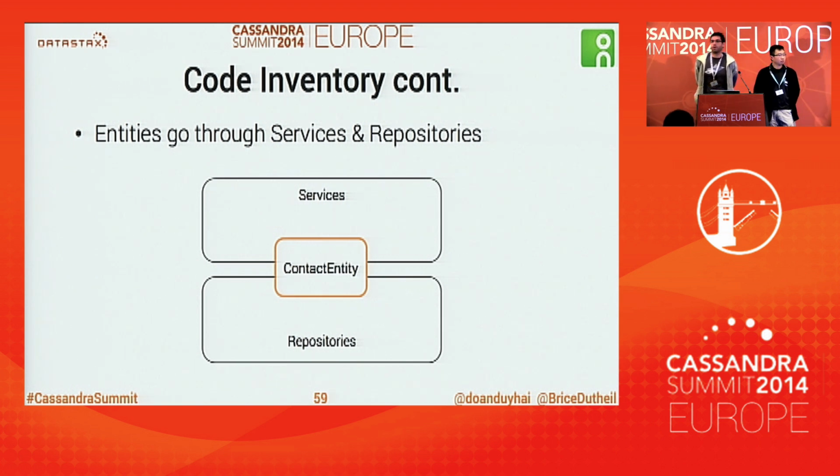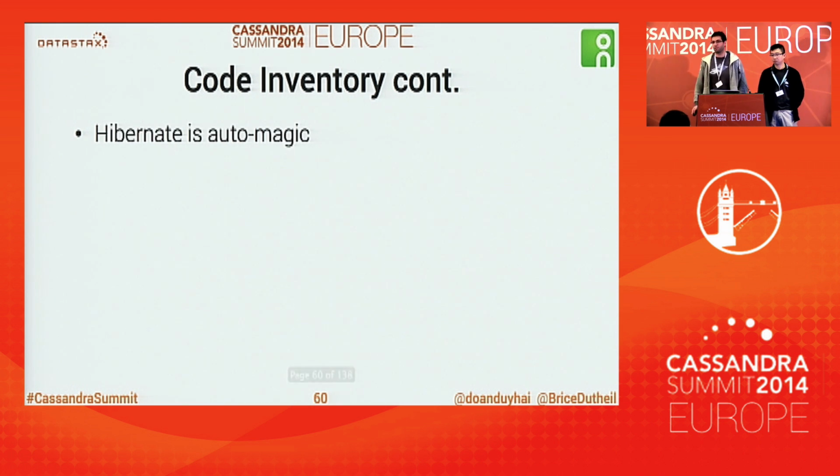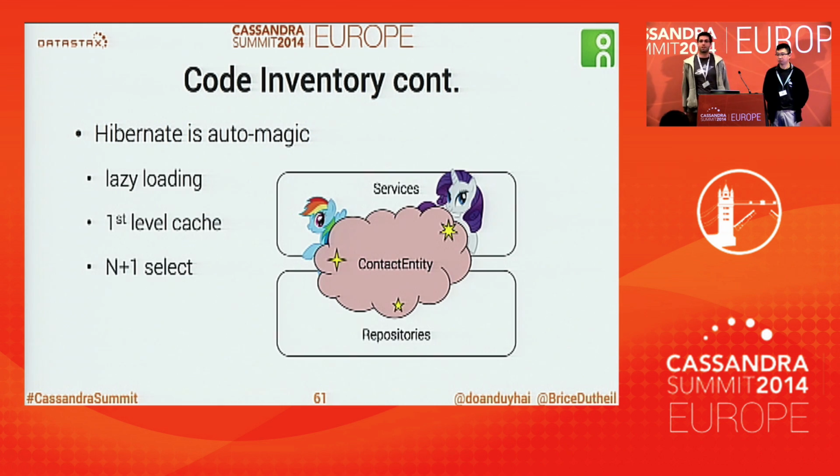The thing is, we are working around a contact entity. It's leaking from the repositories to all the services that need to use it for things like, I don't know, whatever. And we rely on the magic of Hibernate. Hibernate is a really cool tool with many features like lazy loading and first level cache, and you have to tune it. It's really the rim of Wonderland there. Nice.